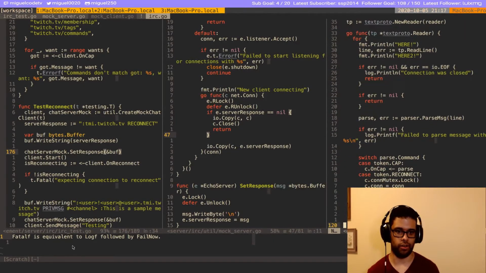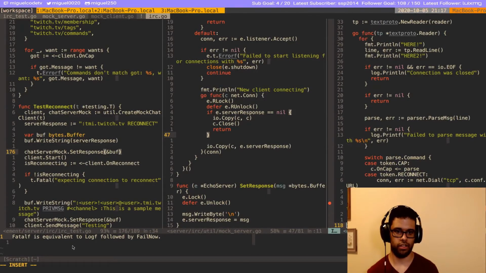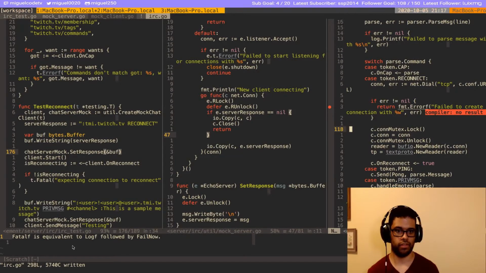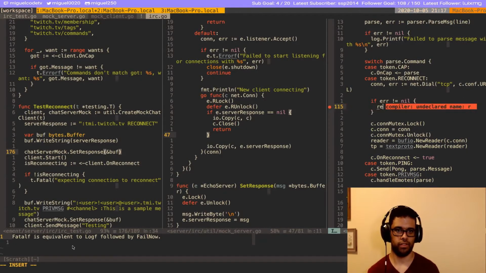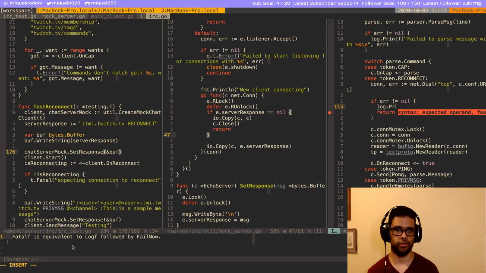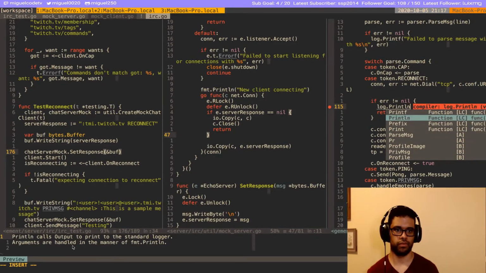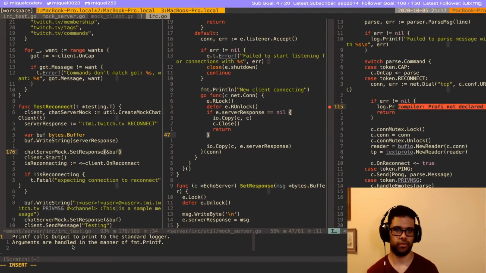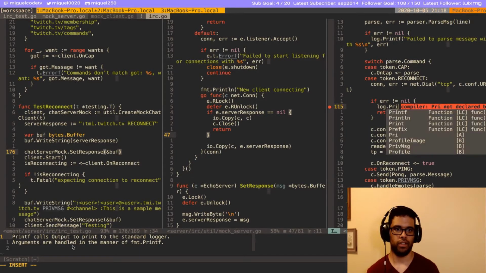I'm just going to take the whole thing and put it inside of a function.